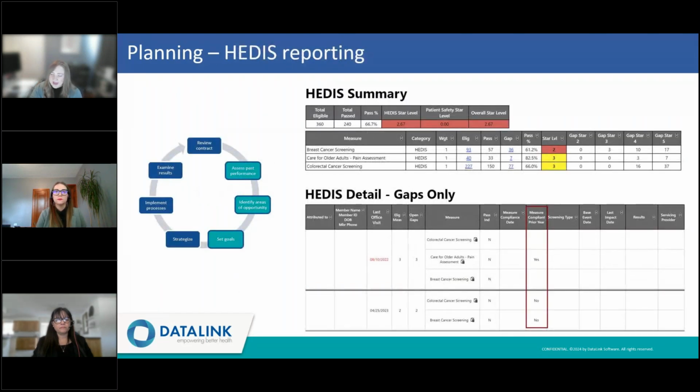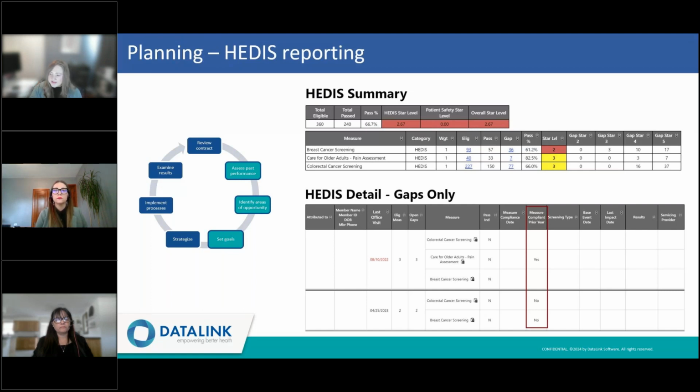Now we're going to look at our HEDIS reporting in a similar way. When we assess past performance, we see from the HEDIS summary that we were at 3 stars and below the prior year for breast cancer screening, COA pain assessment, and colorectal cancer screening.